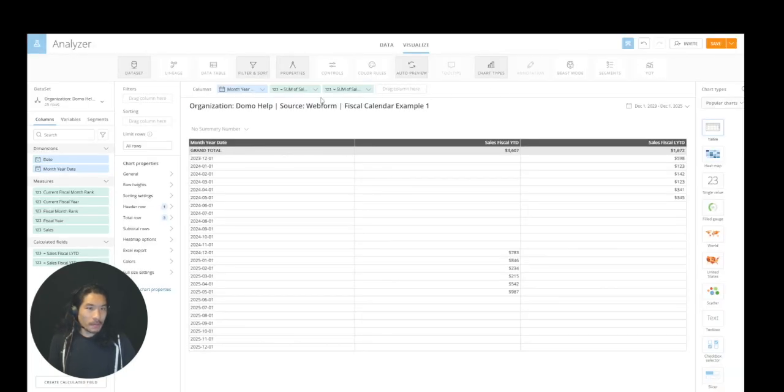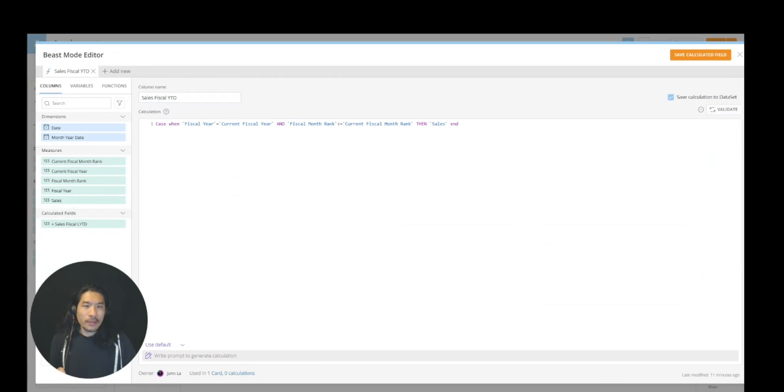So that's what I did. I'm going to write a formula, pretty easy. And it says, hey, when the fiscal year equals the current fiscal year, right? The fiscal year in the data set, so 2023, 2024, 25, I don't care, equals whatever the fiscal year is as of today. Cool. And here's the main kicker, where that month rank thing is less than or equal to